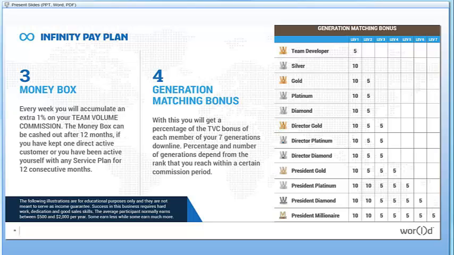Oh, okay. The money box. This is huge. This is the retention bonus. This is about you now. It's about personally, about your personality, about your commitment, your desire to achieve and win and be committed to this business, whereby that monthly authorship depends on, if you do not pay that monthly authorship, because again, I'm using this